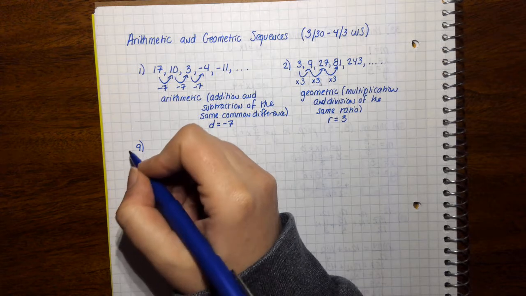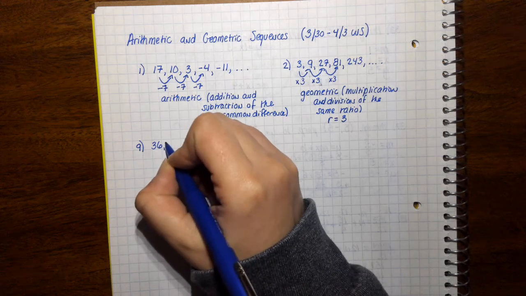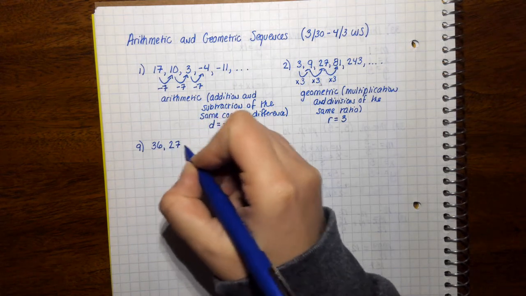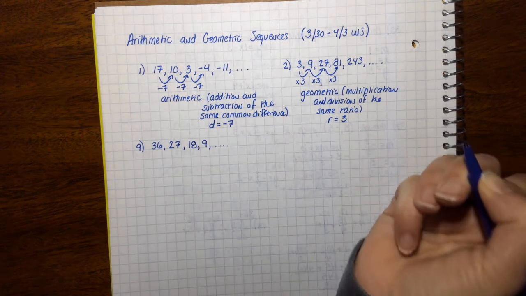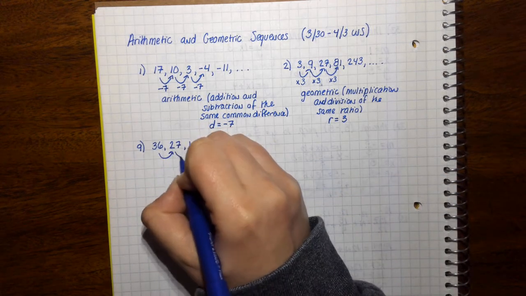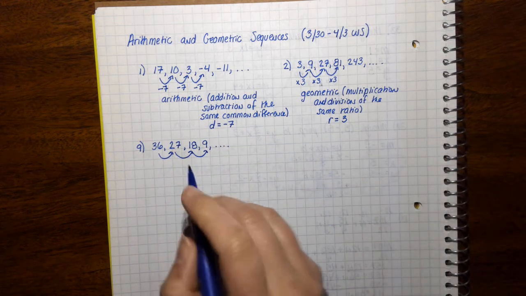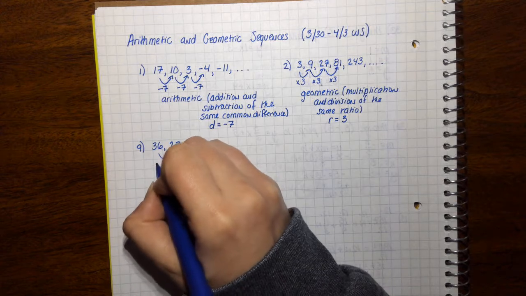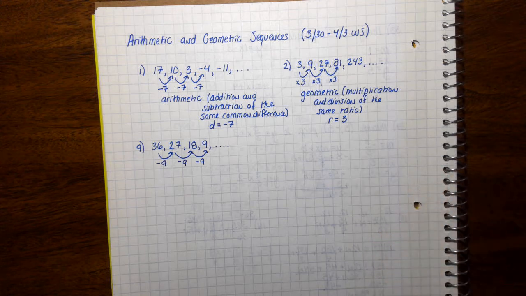So number 9: 36, 27, 18, 9, okay. And the first thing I'm going to do is find the common difference. I can tell that these are going down by 9, -9, -9, -9. If you ever get into a situation where it's difficult to tell, what you can do is